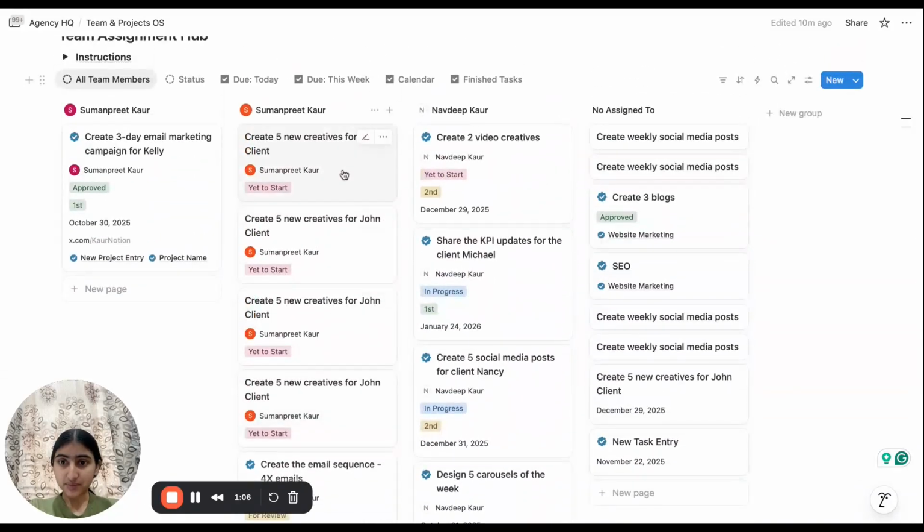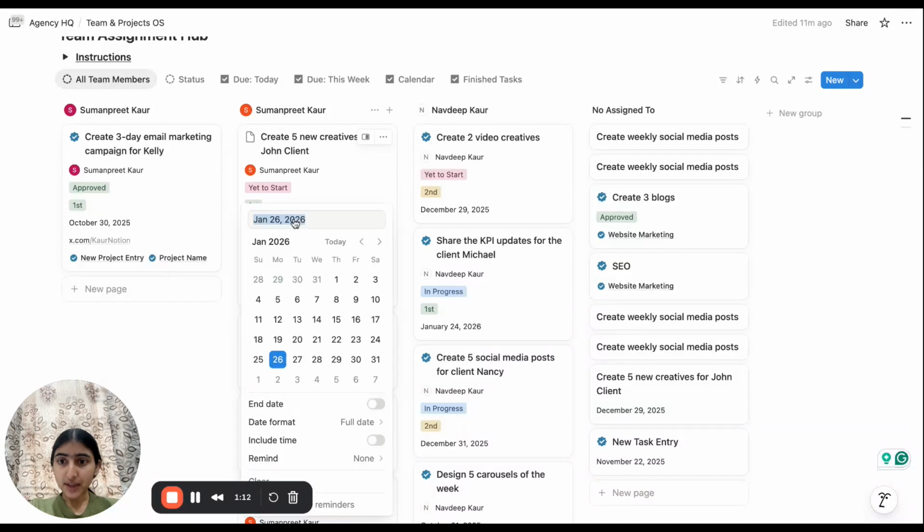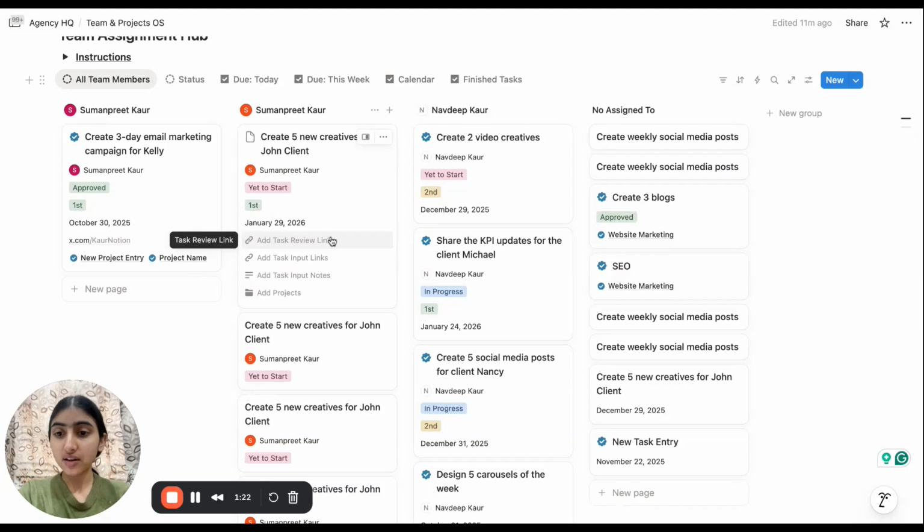For example, the priority and the due date, and the important links. Here is the task review link, where they can upload the link for your review.